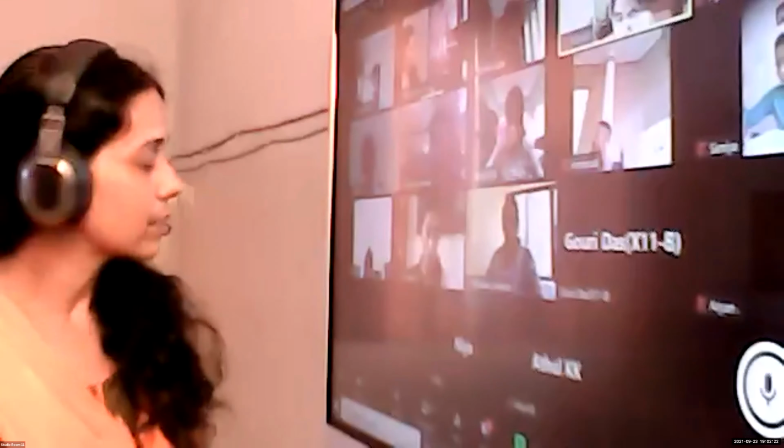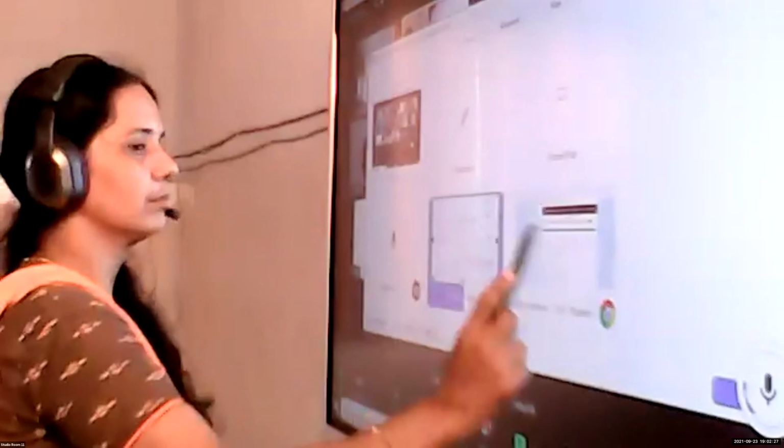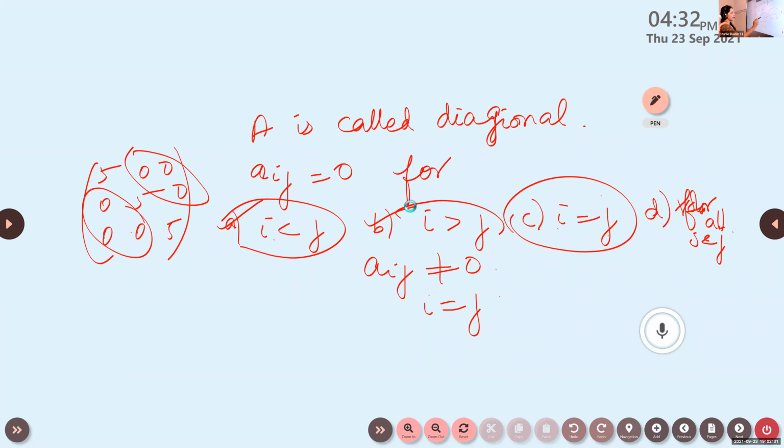So learn the definitions thoroughly. What is the answer for that question? So 2 options are possible then. For i less than j also we will get 0, and for i greater than j. So think how we will mark in the OMR sheet. This is from one booklet only. I'm giving this not in the question form. Sometimes the options will be given below this, like A and B are possible, A and C are possible. Some options will be given.